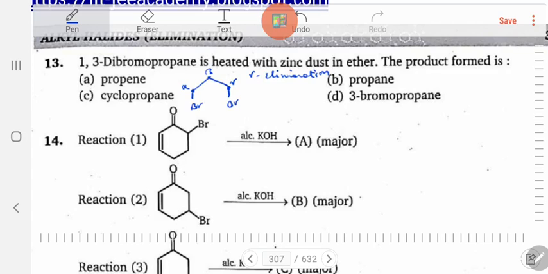So in this, first Br minus will be lost. You will get a positive charge. Then zinc donates an electron cloud. Then you will get a negative charge. This negative charge will be donated here. This is lost. So finally you will get cyclopropane as the product. So this is the correct answer. Right. So dihalo systems in presence of zinc dust, when you heat it, you will get elimination of ZnBr2. So ZnBr2 is lost, forming cyclopropane as a product. It is nothing but an example of gamma elimination.